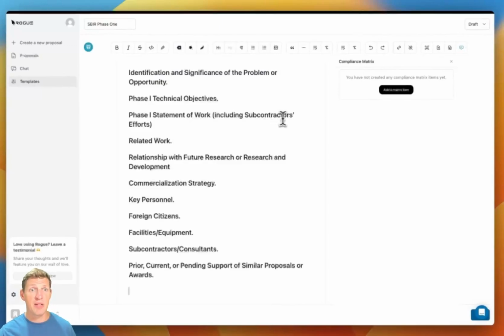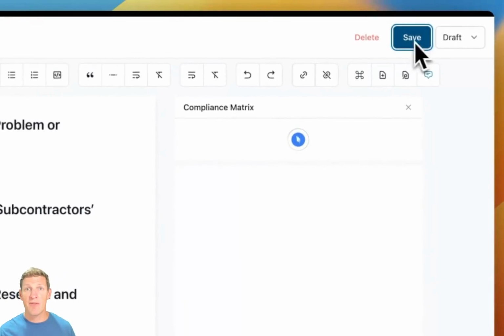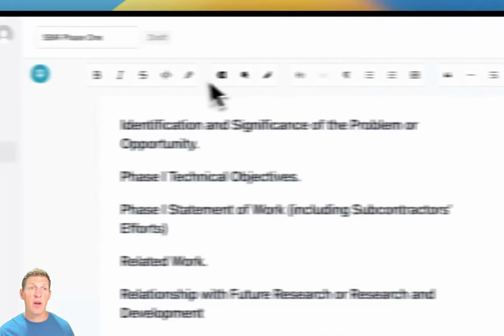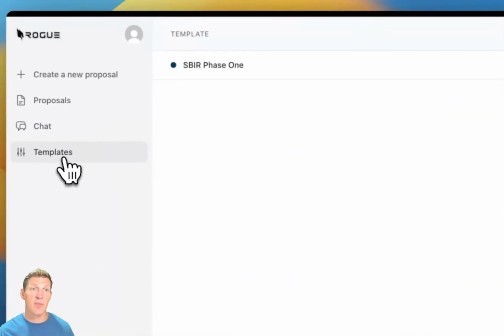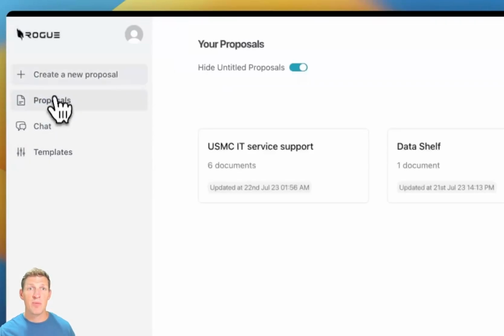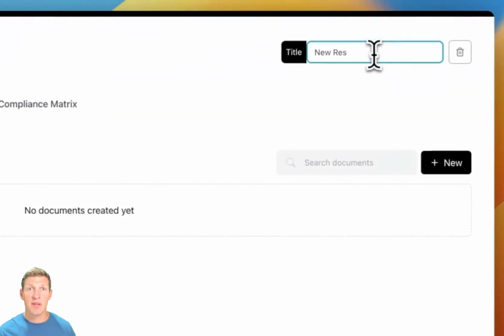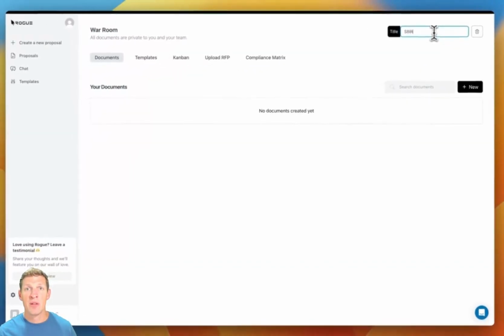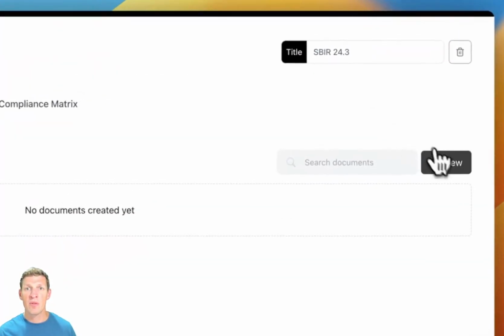So I'll just paste in a DoD SBIR phase one outline. I'll go down to the bottom and hit create. Then I'll go up to the top, hit save, and then I'll turn that template live. And now when I go over to create a new proposal, see there's my new template. When I go to create a new proposal, we'll give this war room a name real quick, since we're writing an SBIR. And then when we hit new,